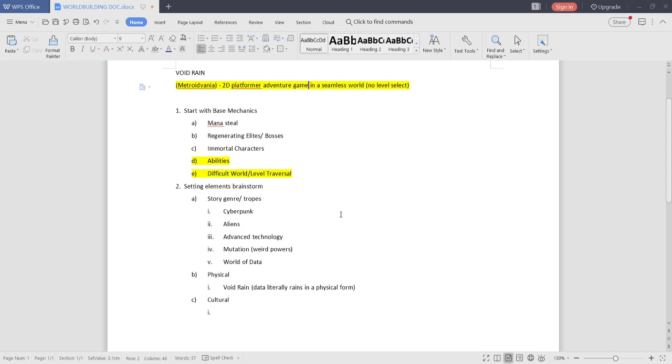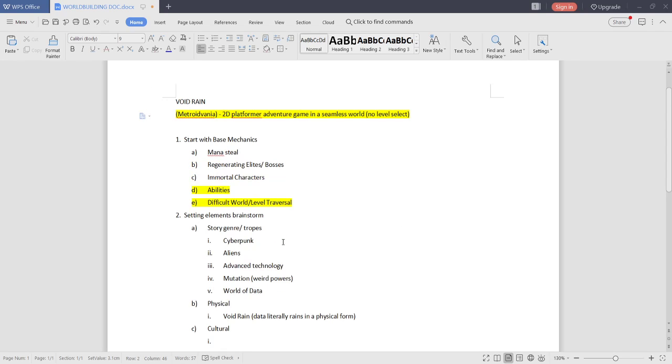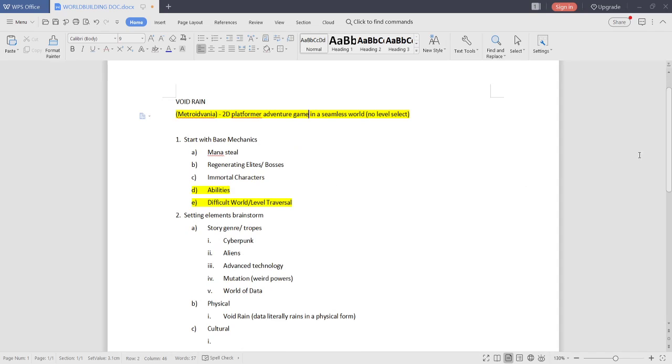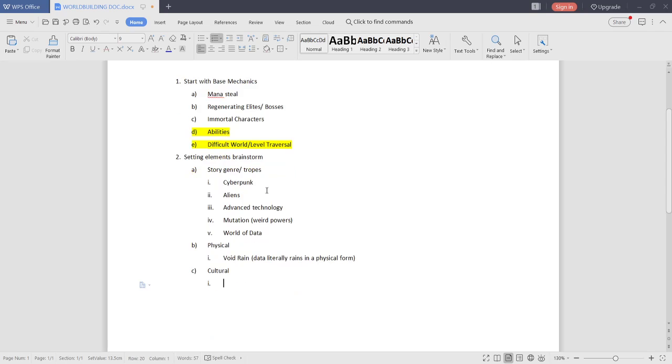This is all going to be done through environmental storytelling and storytelling through game mechanics, because I wanted to take advantage of the medium of the game. But I still don't have a story to begin with, which is why I'm trying to world build all of this, to make a story to then express via the video game medium.